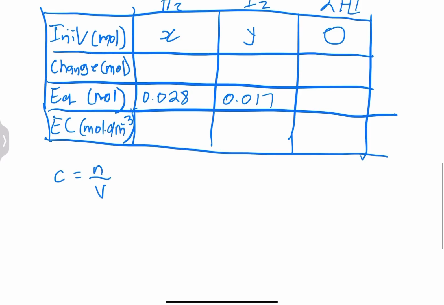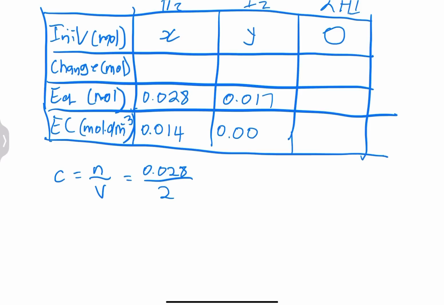So we've got 0.028, and that's divided by 2, so that would give us 0.014. Also for iodine, we've got 0.017, and now we divide that by 2, so that would give us